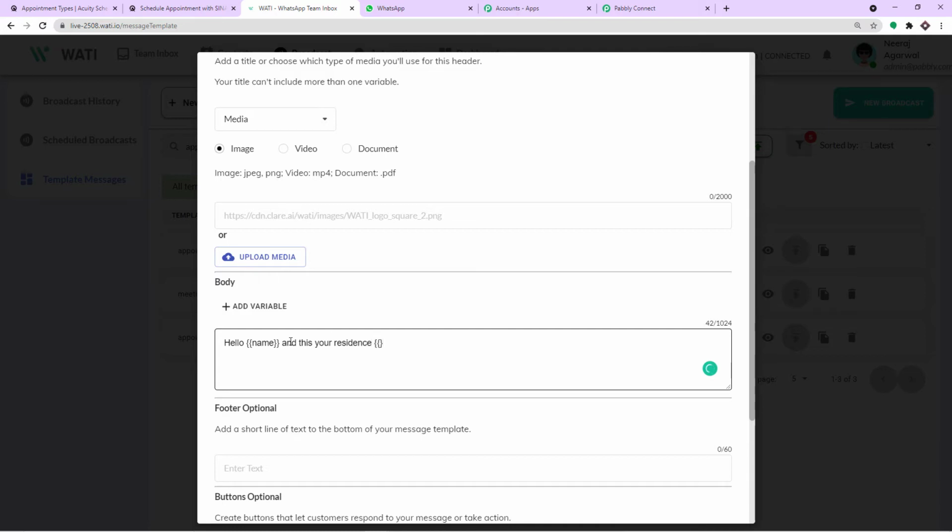Okay, and here I'm just going to add address. So this is just a small perspective on how you can create a template, and this is your phone number. Okay, phone number. So yeah, this is how you create the template. So here the name will come, here the address will come, and here the phone number will come. So these are the parameters we have: name, address, as well as the phone.